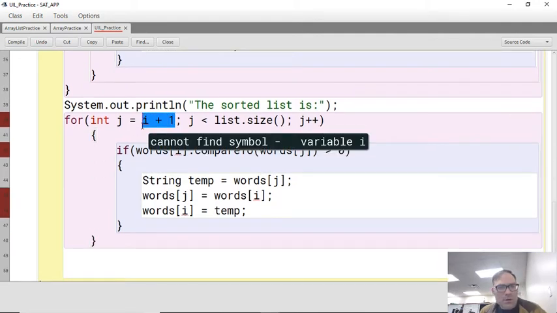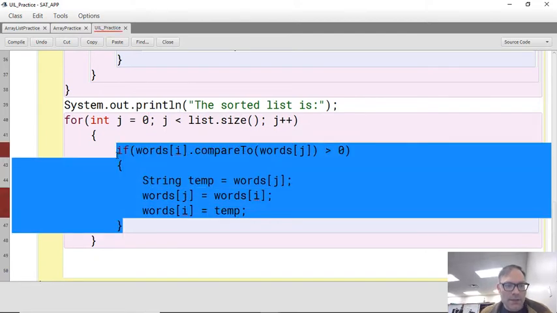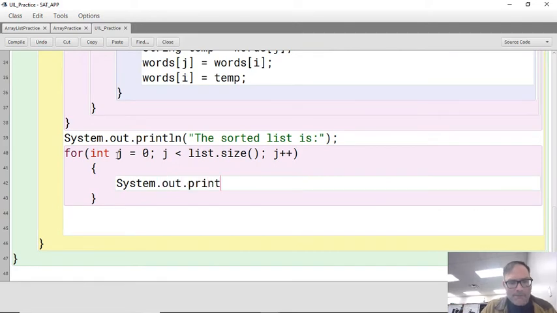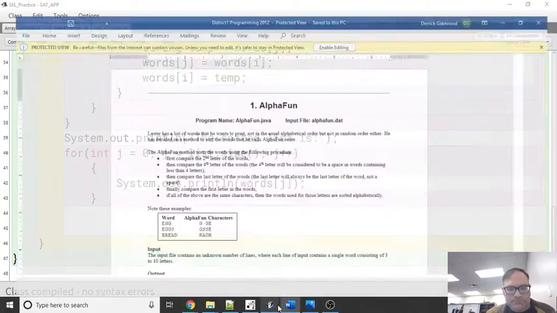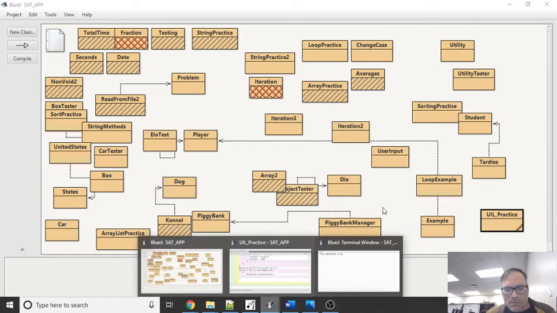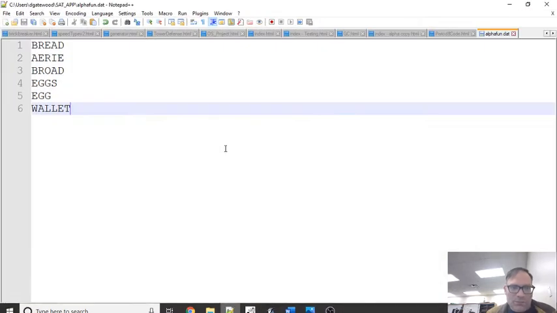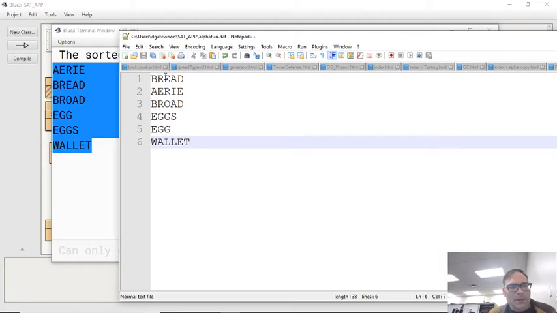And this is going to be 0. And here we're just going to say system words at j. Okay, so let's print this out, make sure that it prints out correctly. Here, let's just run this. Okay, and it does print out properly because if we compare them side by side, this is alphabetical order, and